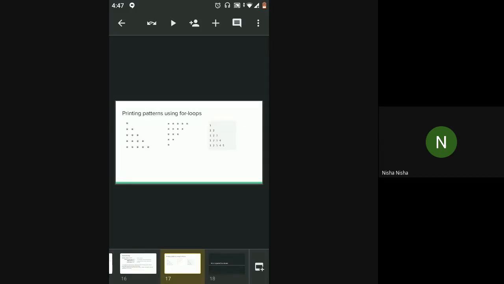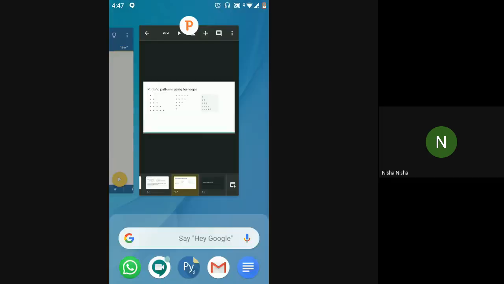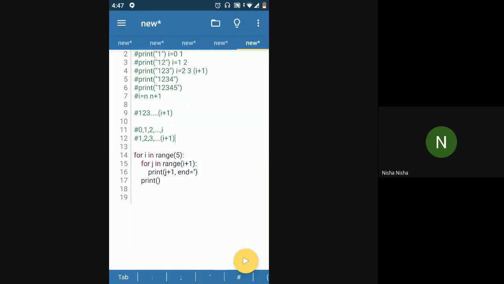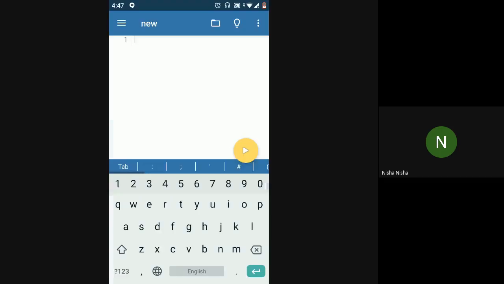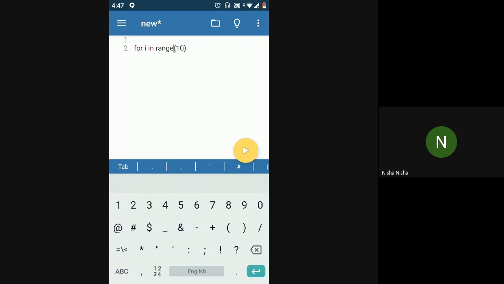Okay, so I think that ends our loops. I was going to show you one more thing. Yesterday we briefly saw the break statement. We saw how break is used, but we saw it only when one loop is involved. So what I'll do is I will again write a for loop, and this is basically a revision for the break statement.